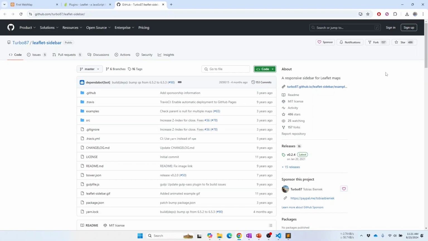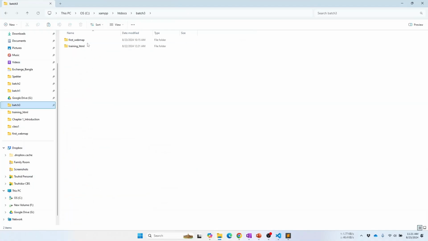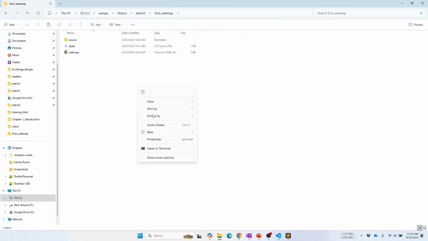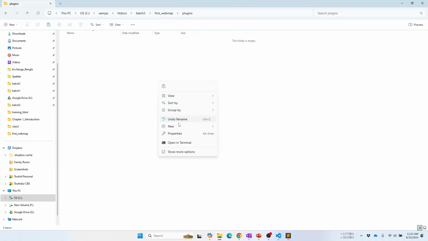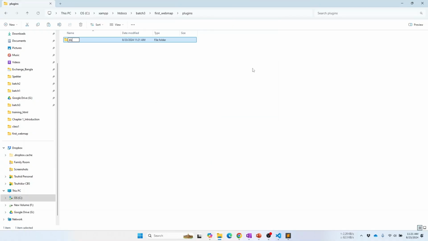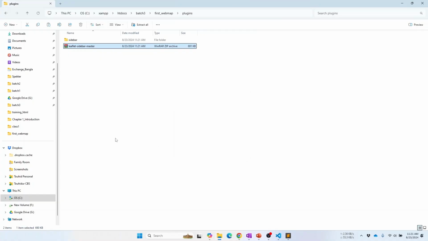It has been downloaded. I will open my download directory and the leaflet sidebar. I'll copy this zip folder, and inside my first webmap directory, I'll create another folder and call it plugins. Here I'll create another folder and call it sidebar. Actually, I want to keep my code clean, and therefore I will organize it properly. And I will extract it, sidebar master,